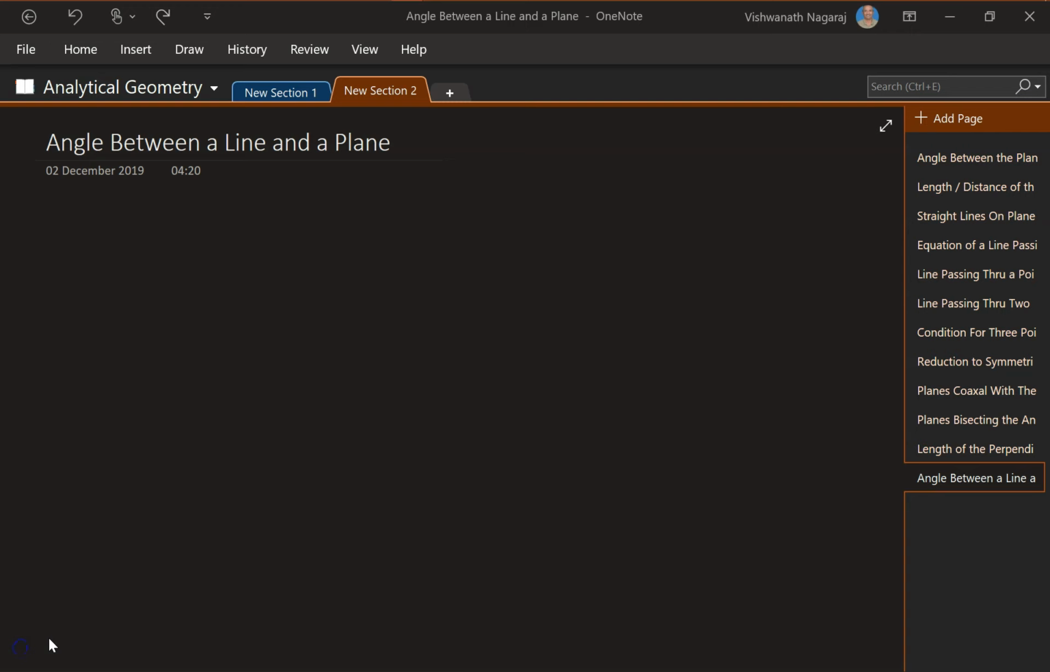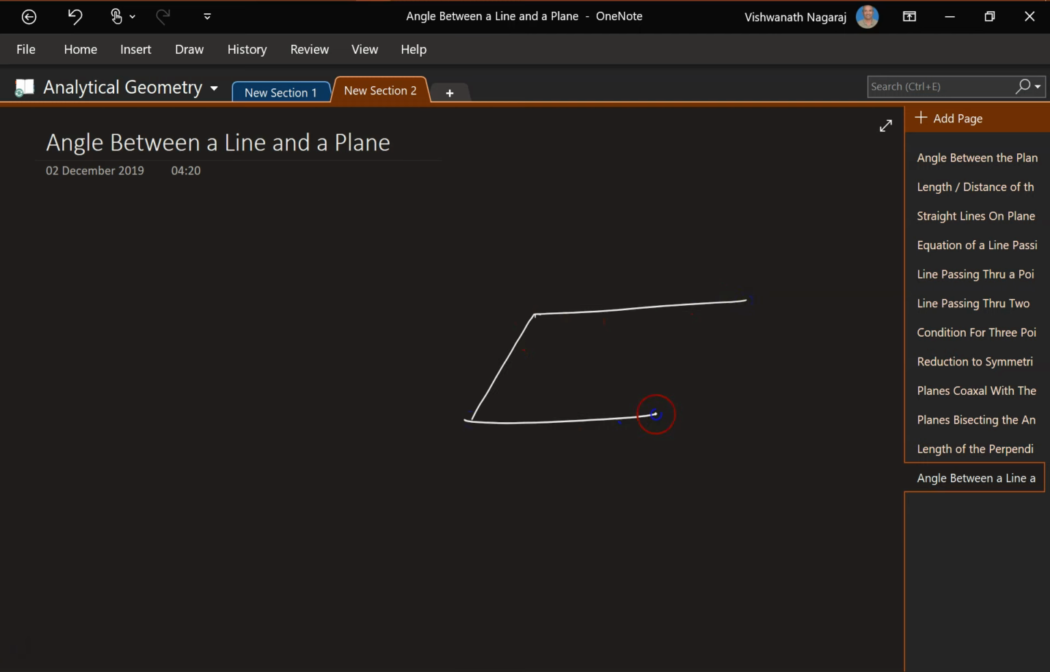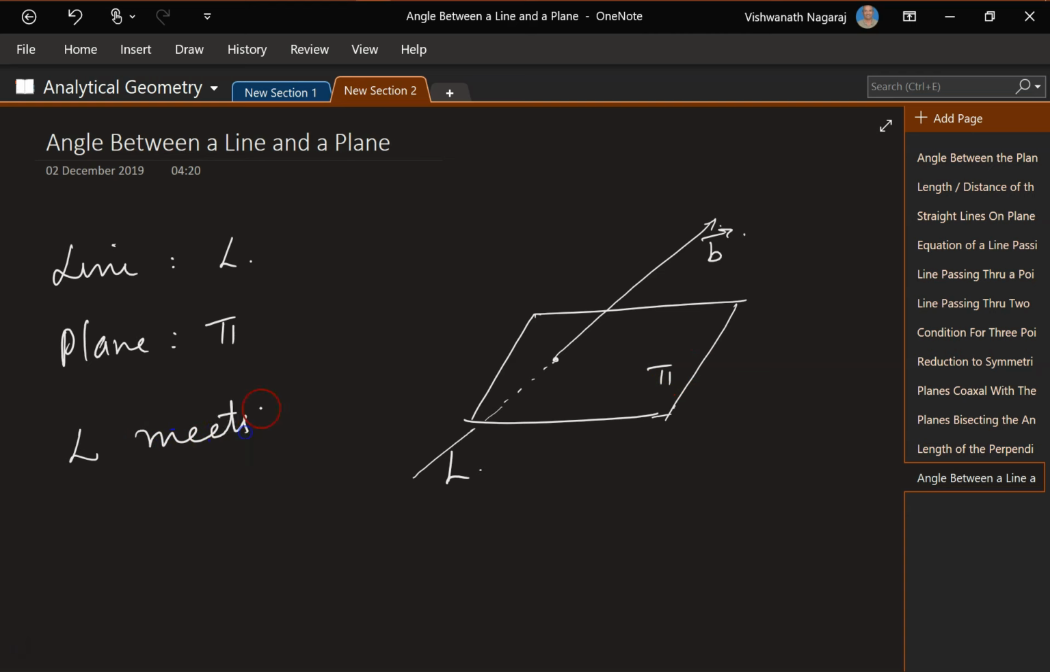Angle between a line and a plane. So let's say I have a plane here, and I have a line which meets this plane at this point. This may in turn be intersecting at this point, so it might be going beyond that. Let's say this is B, vector B, which is part of that line, or in other words, the line is parallel to this vector. So the line is L, the plane is pi, and L meets pi